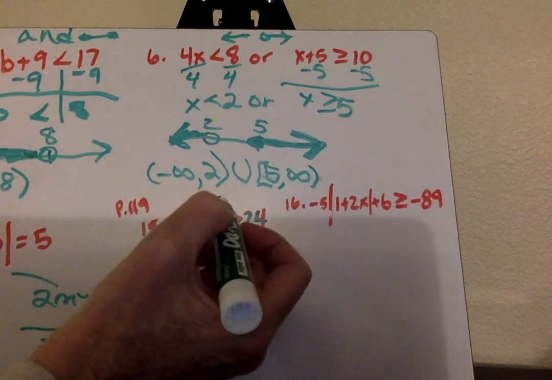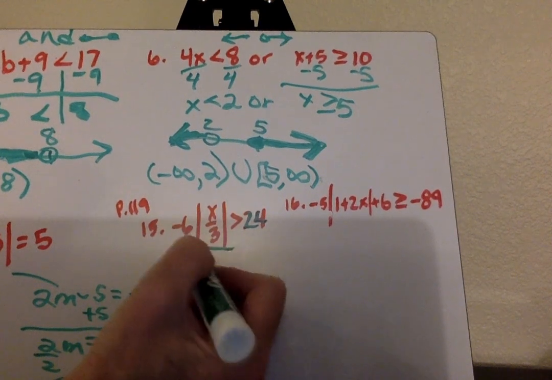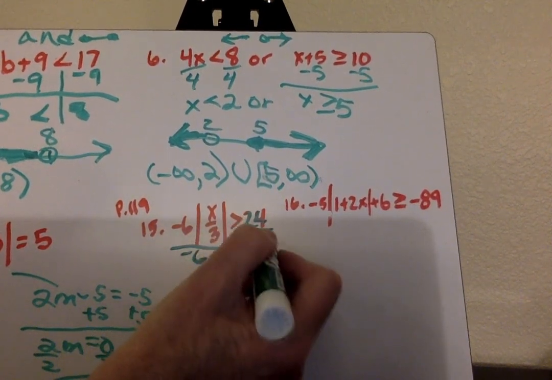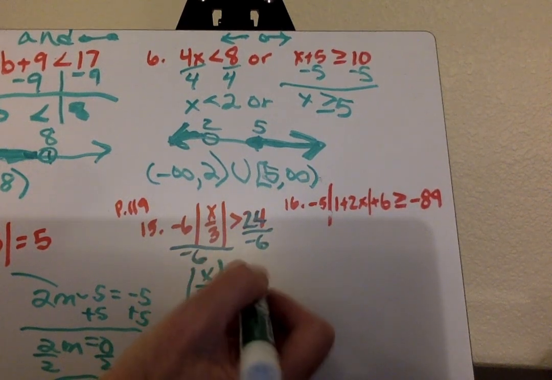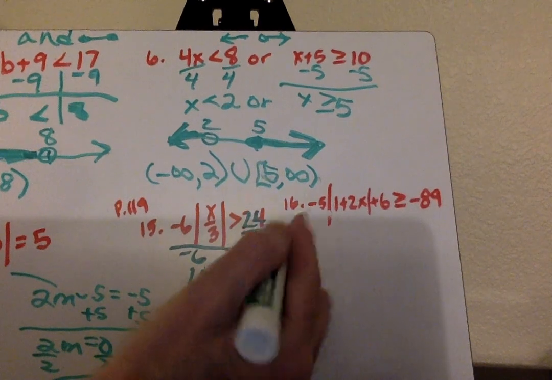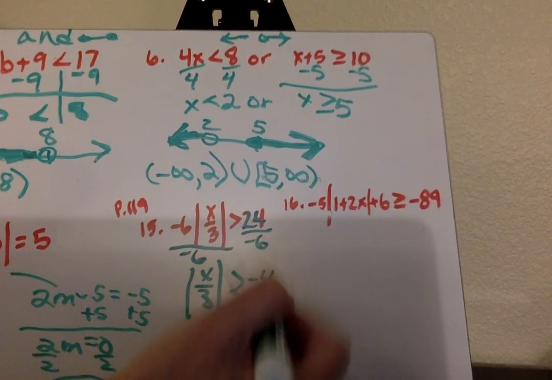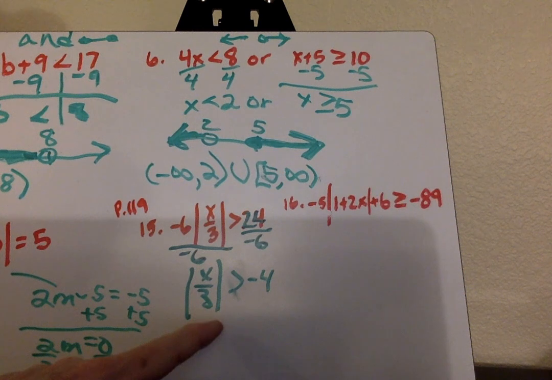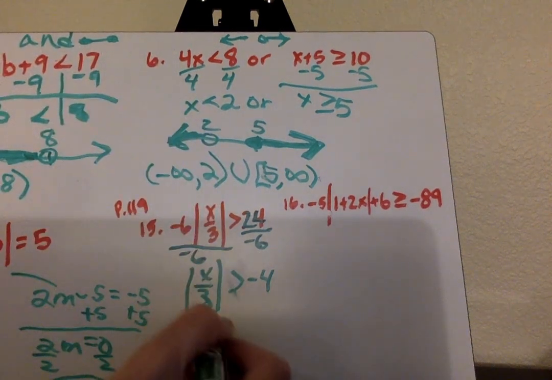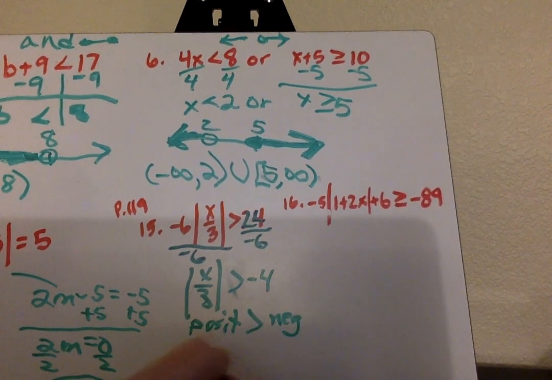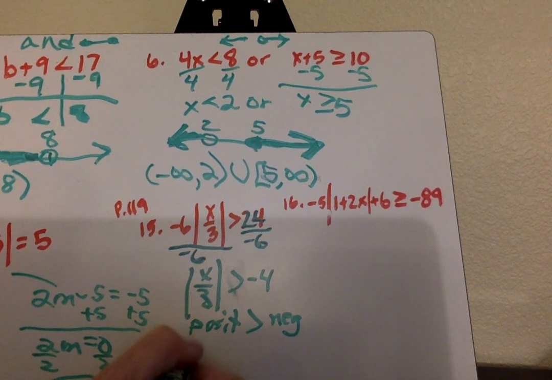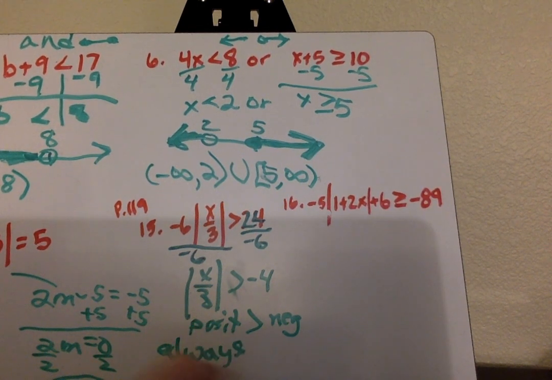All right, so what we have to do first is get rid of this negative 6. So we divide by negative 6. Now we get absolute value of x over 3. Oh, it's greater than negative 4. Now, this absolute value will always come out positive. So positive is going to be greater than negative, and that's going to be always. So that will be all real numbers,